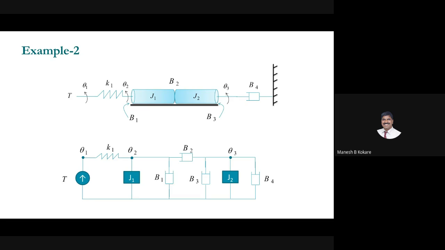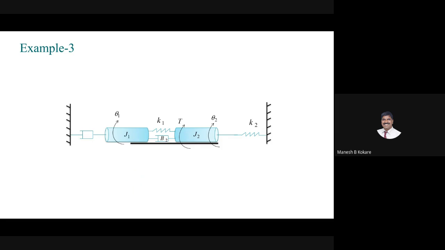For every node you can apply that, and finally you can find out the transfer function, right? Then this is the third example. Now how to obtain the nodal diagram of this one and how to find the transfer function, you can easily find out. See, this is basically a dashpot. We can call that B1. Then this B2 is connected between J1 and J2, and then there is also the K1 element, and torque is applied here. Then J2 is there, and then theta2 is there, and K2 is between J2 and theta2, and so on, right?